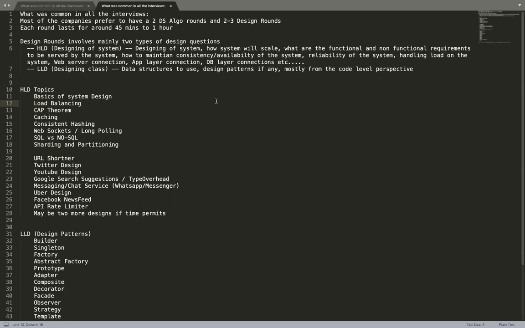For example, I'll take a very simple example so that it's easier for you to understand. Let's take Instagram design. We need to create an Instagram. What are the functional requirements in this? The functional requirement is basically that the user should be able to upload or download or view any photos in Instagram. That is one requirement. The other requirement can be that you should be able to search people, or search pages based on the titles.